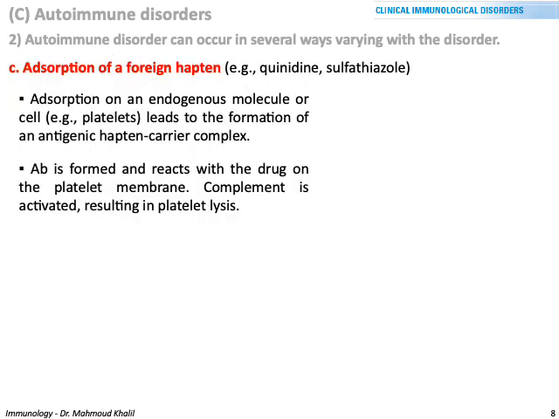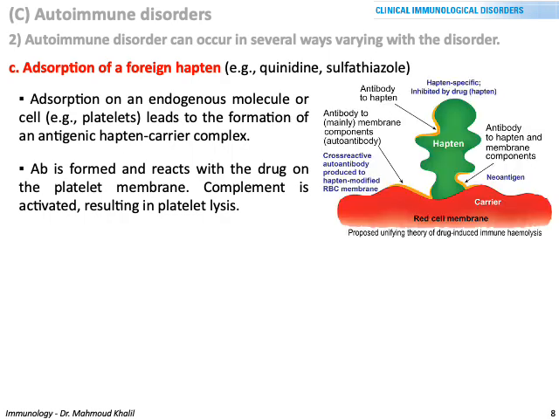Absorption of a foreign hapten like quinidine or sulfasalazine. Absorption of an endogenous molecule or cell like platelets leads to the formation of an antigenic hapten carrier complex. Antibody is formed and reacts with the drug on the platelet membrane, and this leads to complement activation leading to platelet lysis. From this figure you can see that a carrier like a red blood cell can have a hapten